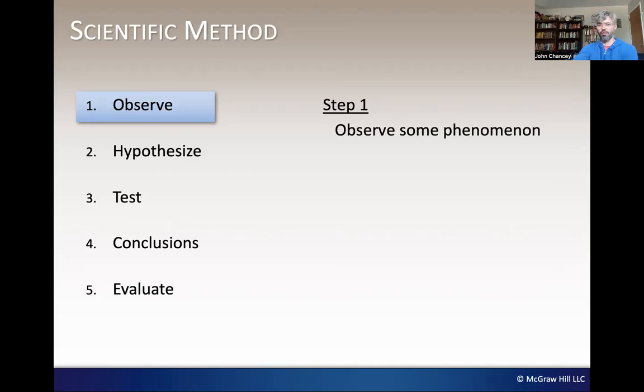Step one, observe some sort of phenomenon of interest. Ideally, it should be something that interests you. That's usually where things start off. Out of curiosity, we notice something, we wonder, oh, why is this happening this way? But ultimately, you're talking about exploring the relationship between variables,